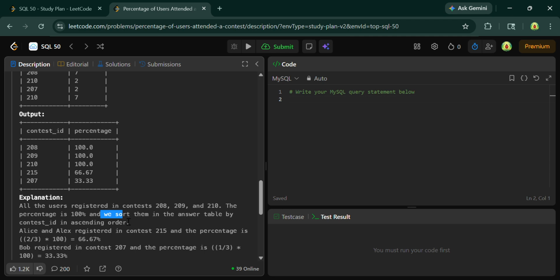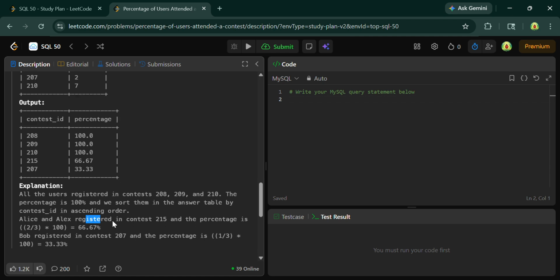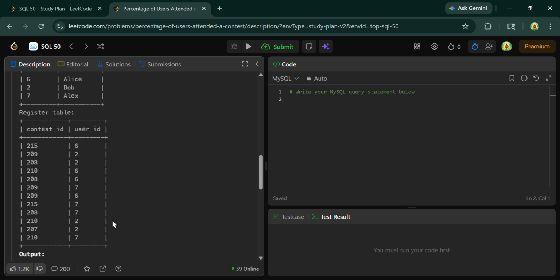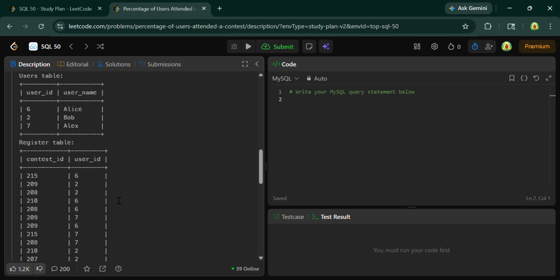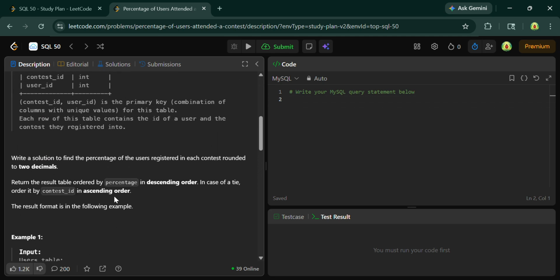We sort them in the answer table by percentage, and if there is a tie, then we sort them by contest id. I hope you understand what this question is telling. You just have to find the percentage of users. Okay, so let's